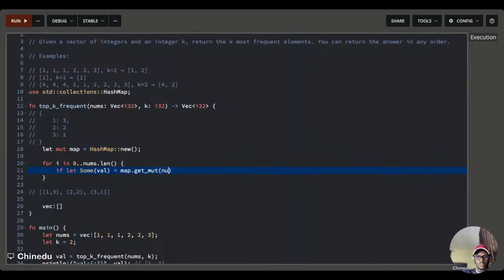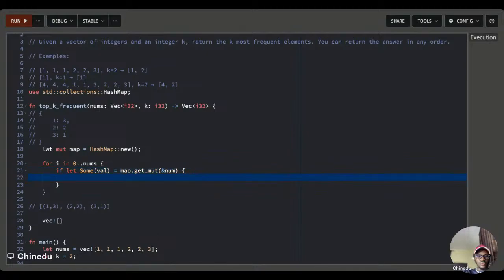This will be our key. So nums[i]. Okay, at this point, I don't think we need that. So let's go like this first and see. So pass number, so reference to that number. Okay. So now, in order for us to be able to update this value, we have to dereference it,